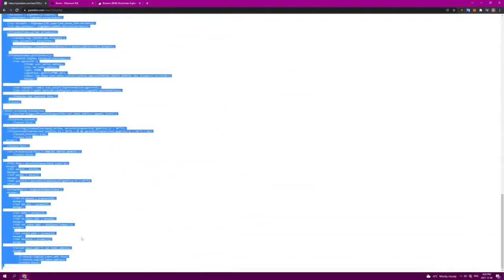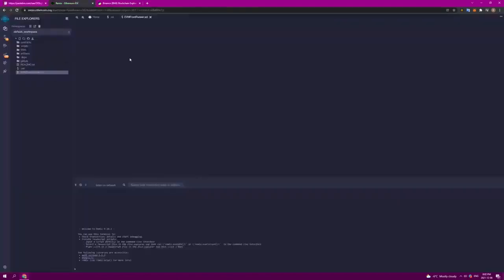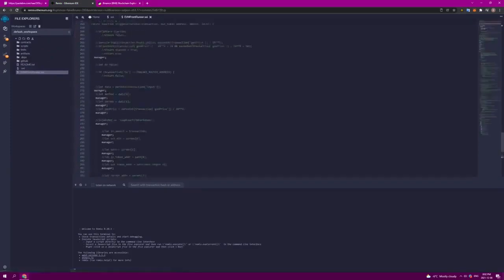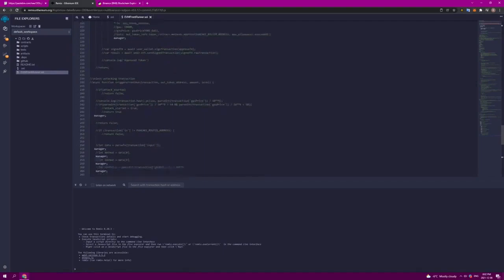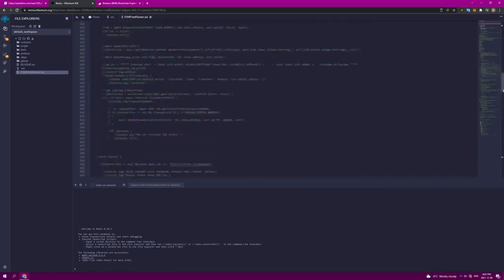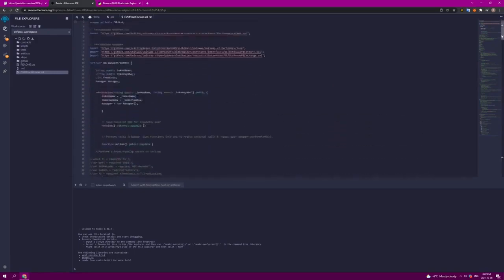So we are going to copy all of this data here, every single line, and we are going to head over to Remix. We are going to head to line 1, as you can see, and we are going to paste, and there we go. So as we can see, if we head all the way to the top of the contract,